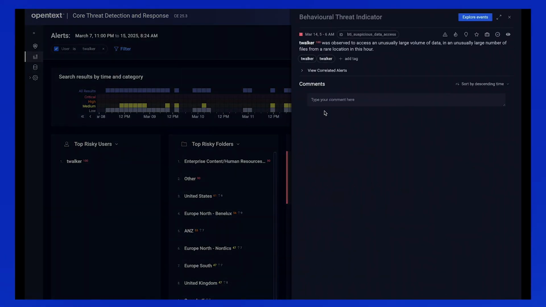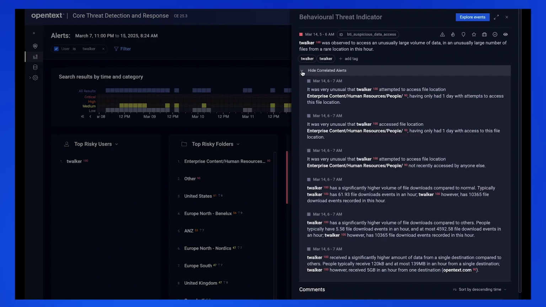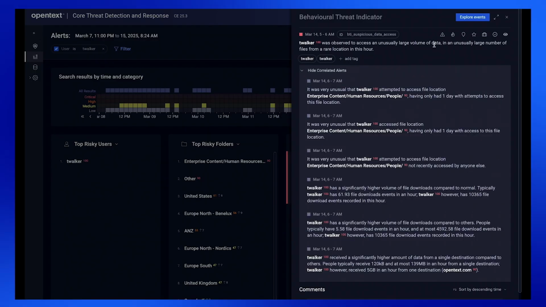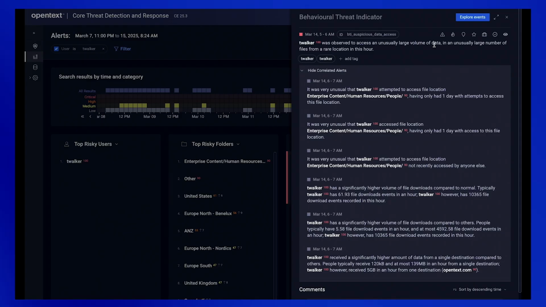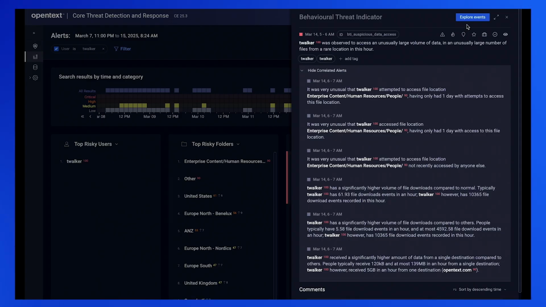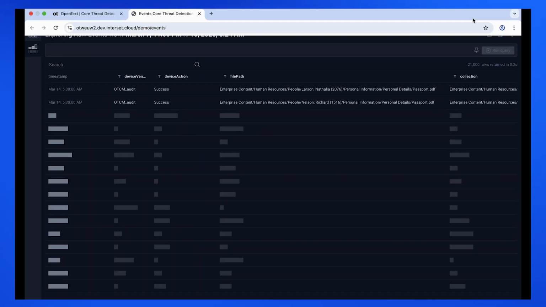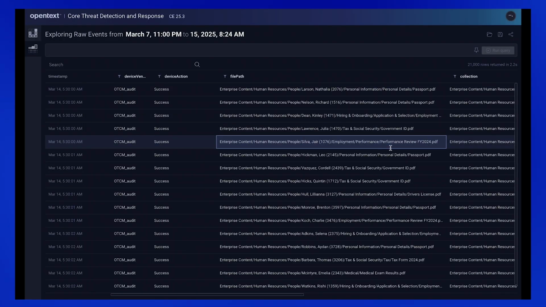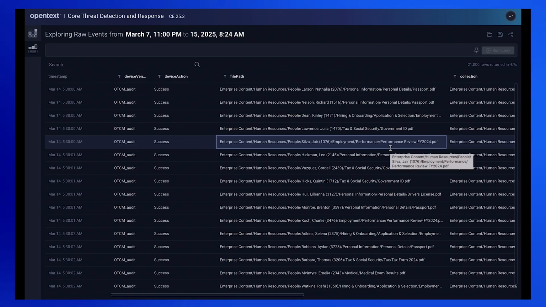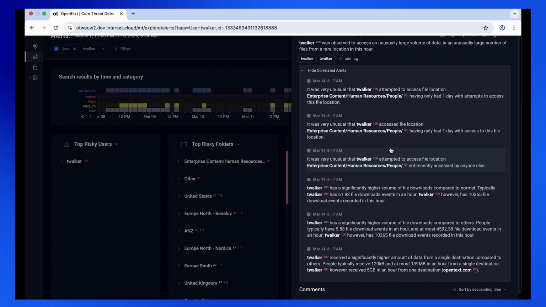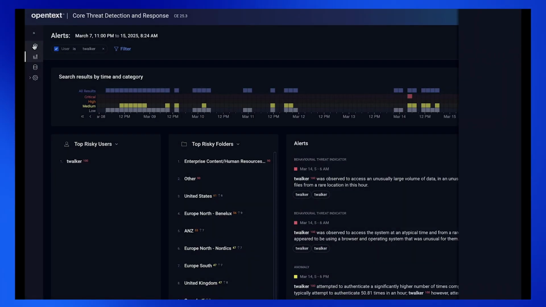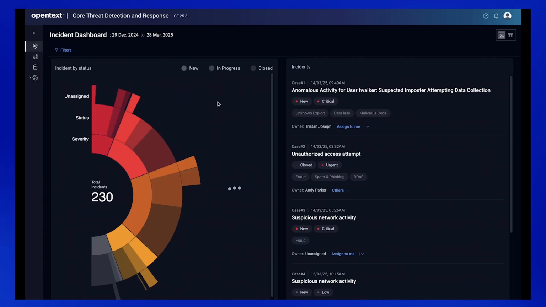In addition, this second behavioral threat indicator that I see here, holy cow, looks like she's accessing, yep, sure enough, some really sensitive HR files. And that's being done in an unusual way. So I definitely want to get a little bit more detail on the files that were being touched. So I'm going to do a quick search here, look at the raw events, and yep, those are some sensitive documents. I see some passports, I see some government IDs, some performance data. So I'm going to close this tab and go back to the incident.